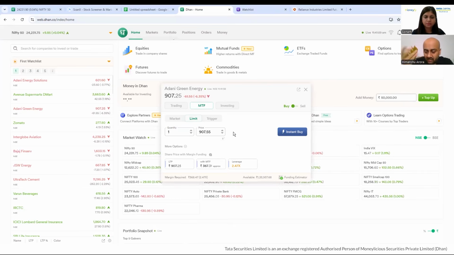And also one more thing, for example, recently SEBI came up with a circular that they will be increasing the lot size in certain products. They have increased in